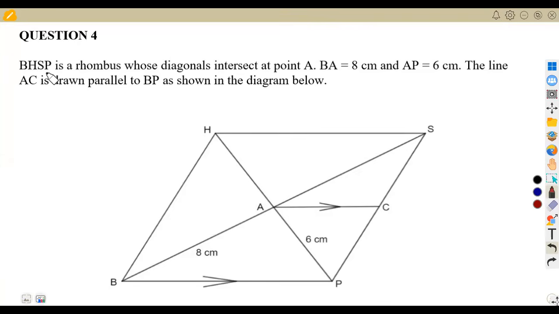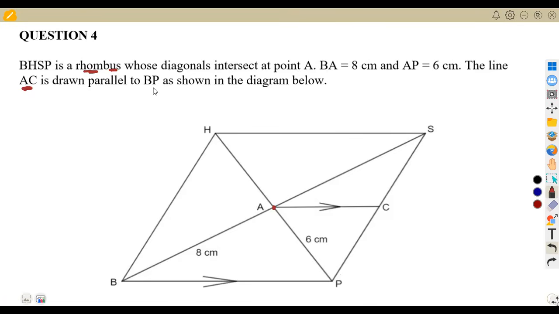BHSP, that is from B to H to S to P, is a rhombus whose diagonals intersect at a point A. So the diagonals, remember, are from H to P and from B to S. These diagonals intersect at point A. And we are given BA is 8 centimeters, from B to A, and from A to P, 6 centimeters, and also the line